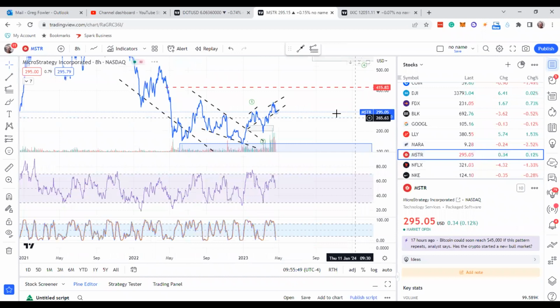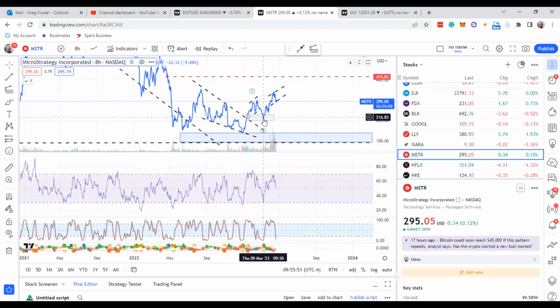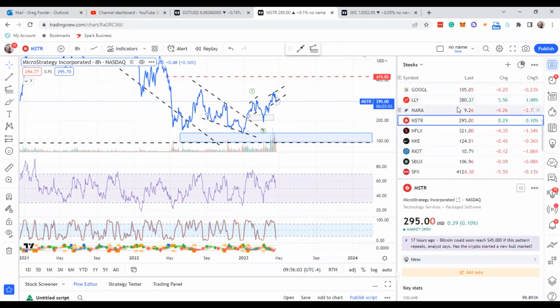Same thing with MicroStrategy, guys. MicroStrategy is up into that wave, and it's doing a wave here. It's doing a good correction. See what it's going to do this section and what it's going to rip off over here, guys. Okay. In my opinion, it's looking pretty good for MicroStrategy.